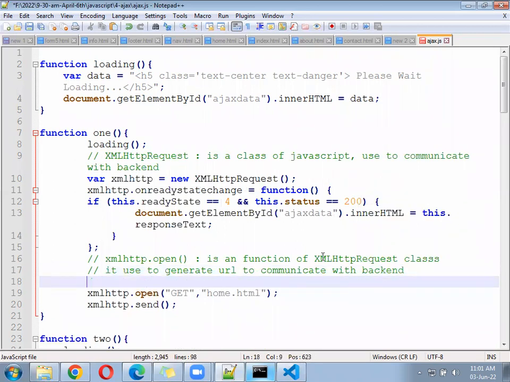So you can see in the beginning one line is written XML HTTP, and here when we have gone through the class object, you saw like we used to create an object of a class using this operator. Which operator? Using new operator. Remember, using new operator, we used to create the